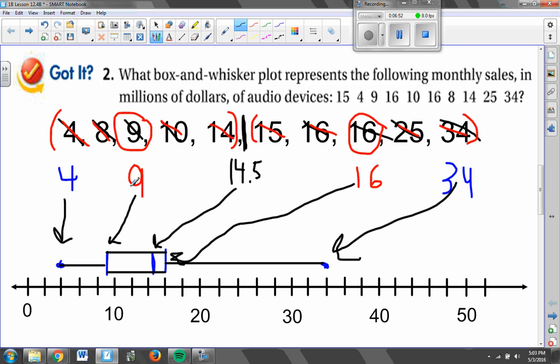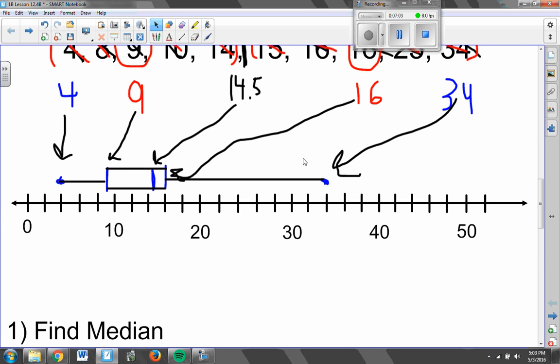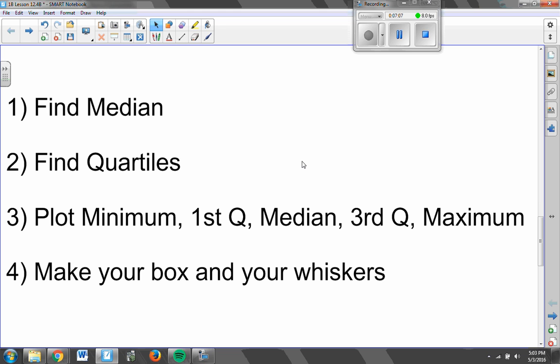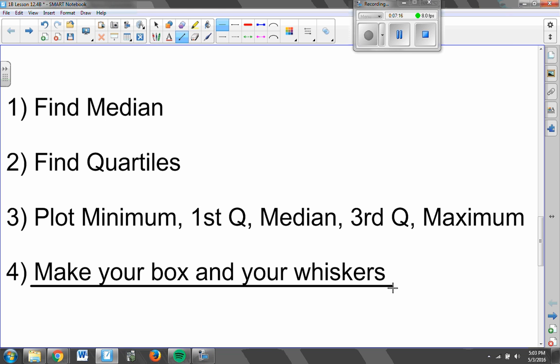Okay, so each of these 5 numbers, minimum, first quartile, median, third quartile, maximum, all become part of my box and whisker plot. Okay. Now I've summarized the steps for us to create a box and whisker plot here. 4 steps. I don't think any of them are that complicated. Most of them we already know how to do. The only thing that's new in this video is this last step here of actually making the box and whisker